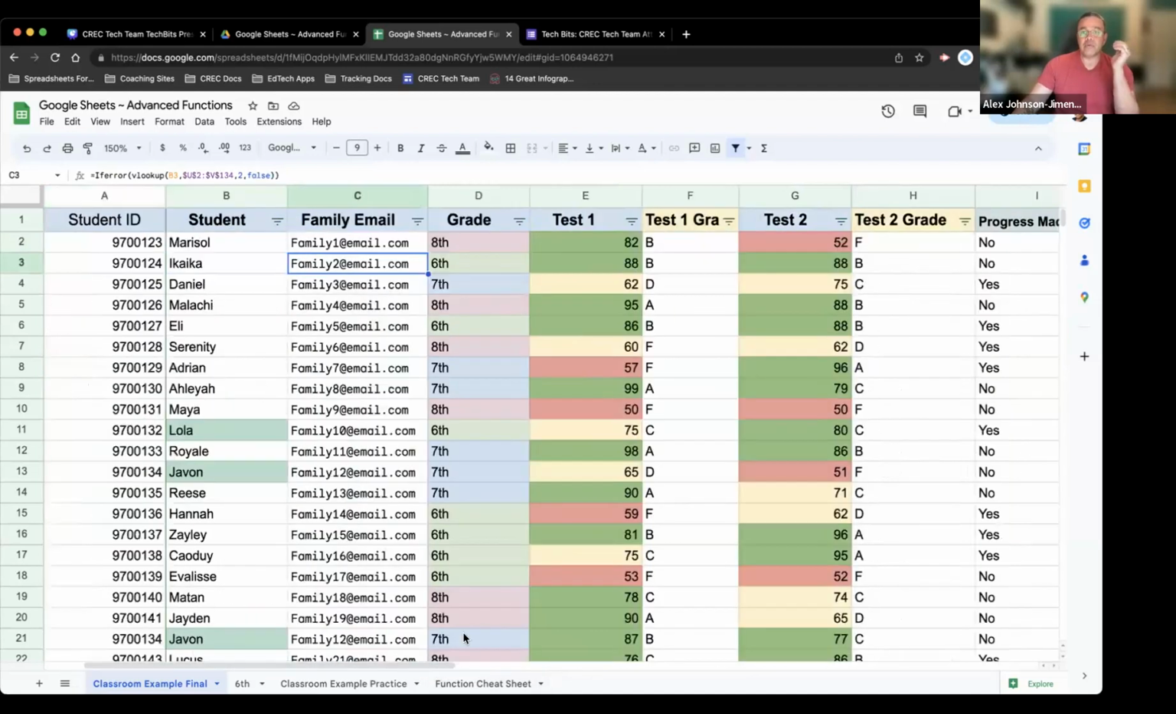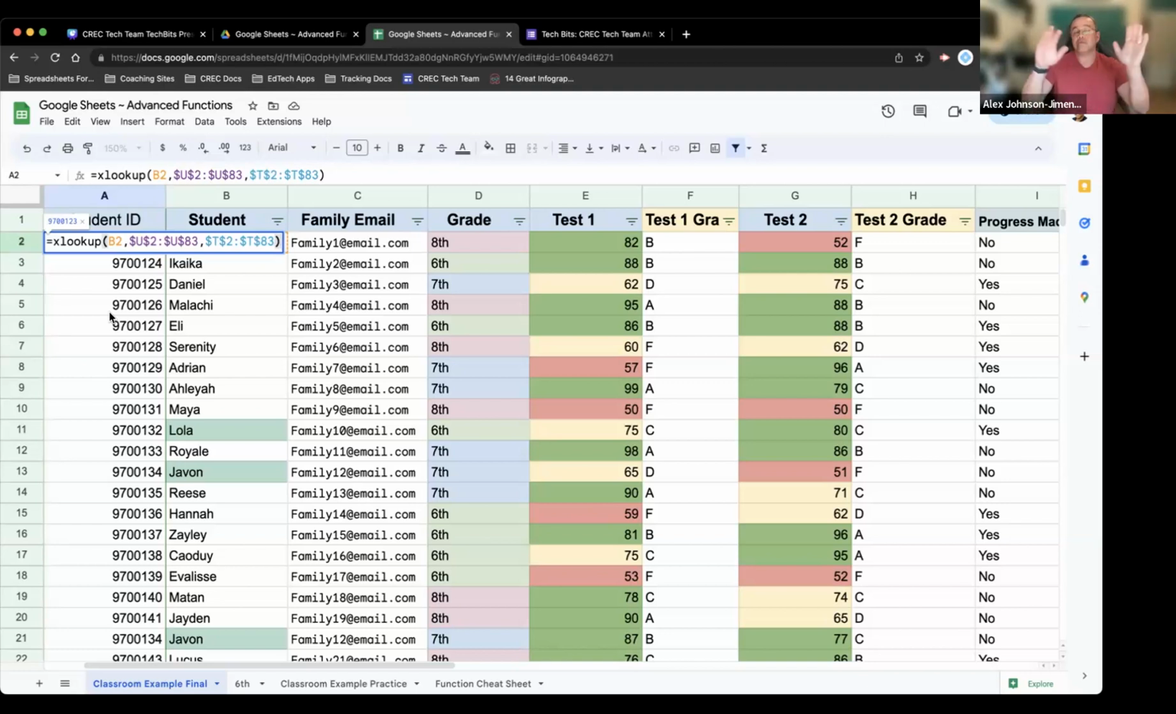So we have two different VLOOKUPs. We have one that uses true, which is an approximate value, and one that uses false, which is an exact value. And then we have what's called XLOOKUP. This is the last lookup that we're going to be looking at today. XLOOKUP looks a lot like VLOOKUP, but in all honesty, it's much better and it's easier to manage. The reason for this is that VLOOKUP has been around for a long, long time. The biggest constraint with it, however, is that when you have a table